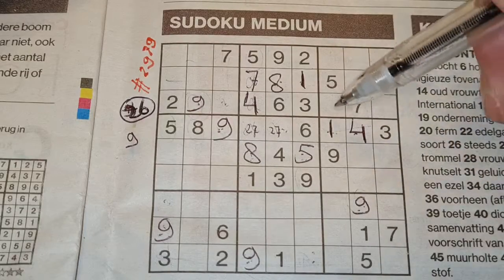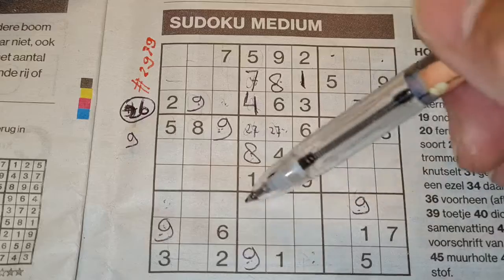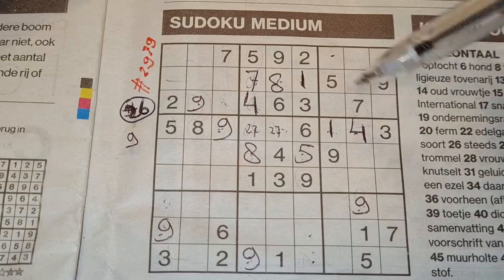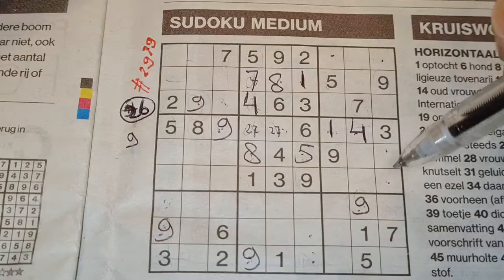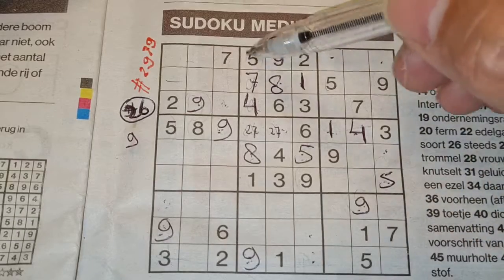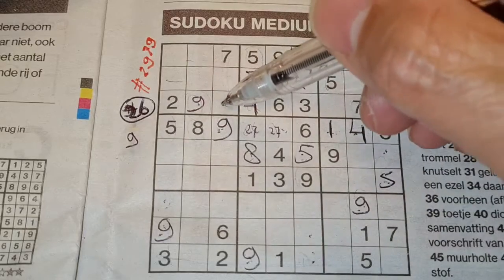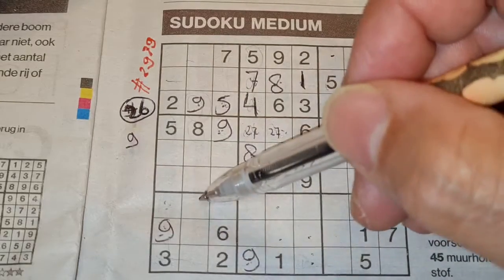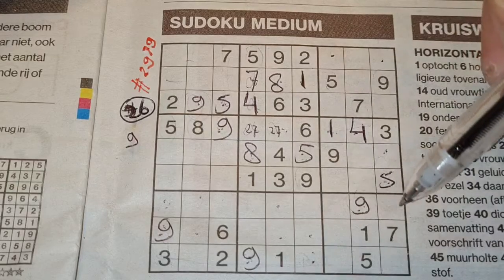Let me see. 8. We have a 5 in this column, 5 in the column next, so in the last column, the only 2 places for the 5 should be here or there. We see there 5, no 5 there. 5 should be there. 5 in the first row, 5 in the second row. So in the third row, the only place for the 5 should be there. Then I cannot continue with the 5. How about, let me see,